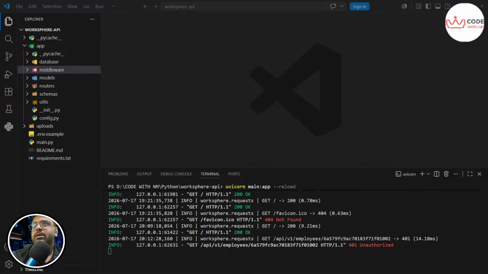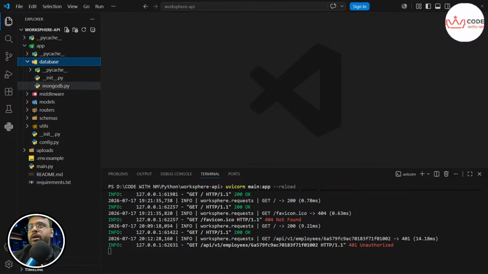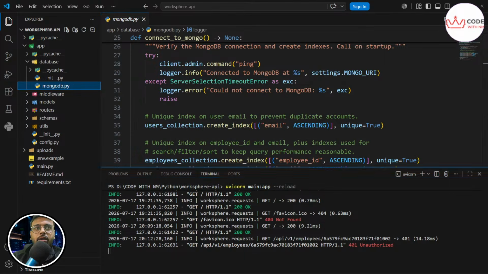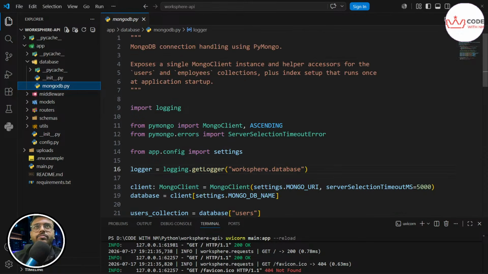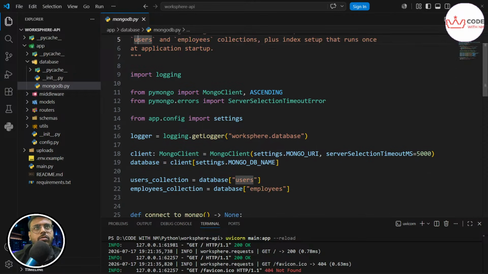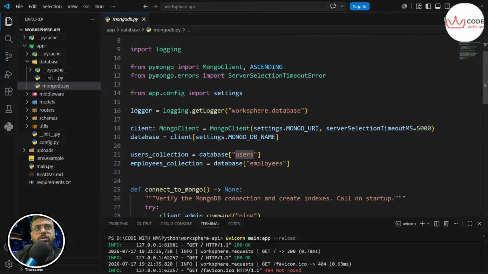Okay, let's start with the database, and I've already explained this file. Database only has the MongoDB py file, and I think I've already maximized this. I have already commented and written why this file is required, what this file holds, and why I've created it. So once you get this project, you can go through those comments also. And logging, and this variable I've created as logger and get logs,